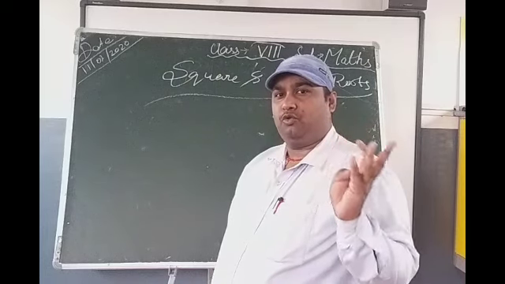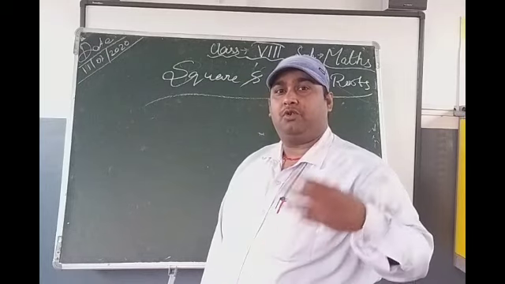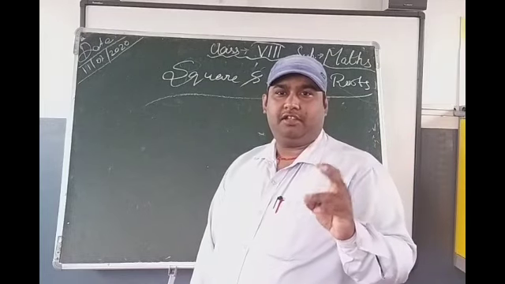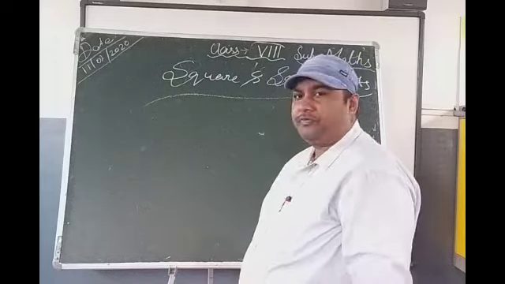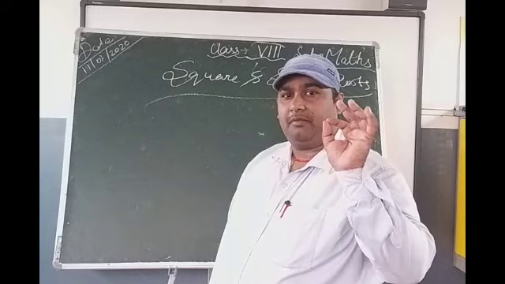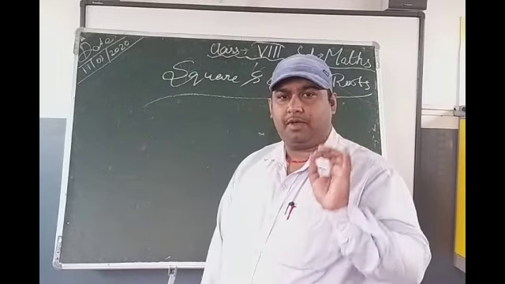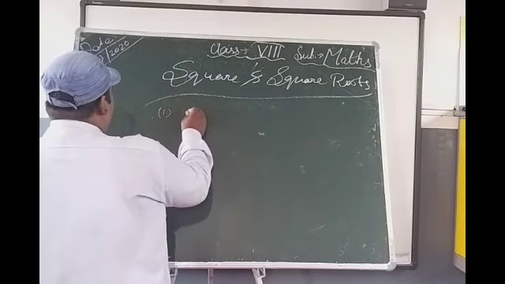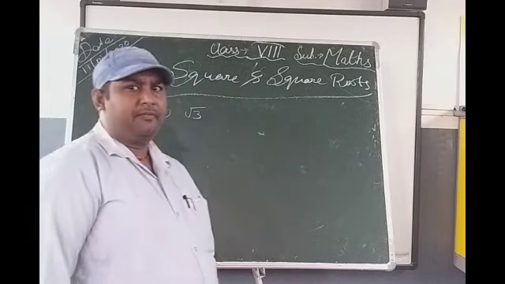We have learned how to find the digit needed to multiply to get a perfect square, and we have already completed finding a digit to divide to get a perfect square. Now the next topic is the division method. We will find the square root of a given number. Suppose one number is given, root 3, and we have to find the value of root 3 by using the division method.